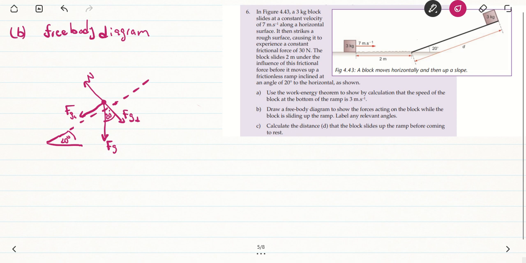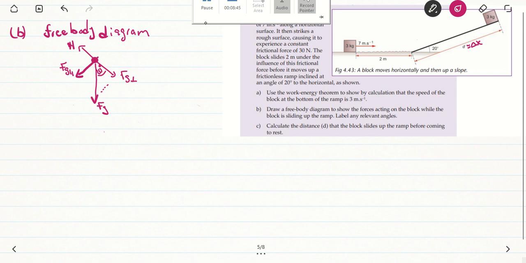Now, they're saying C, calculate the distance that the block slides up the ramp before coming to rest. So what we want now is this distance. This distance is, in this case, our delta x. So we want to calculate that distance. So since in this case the only force that's doing work on the block is the parallel component of the force of gravity, on our equation of W net,